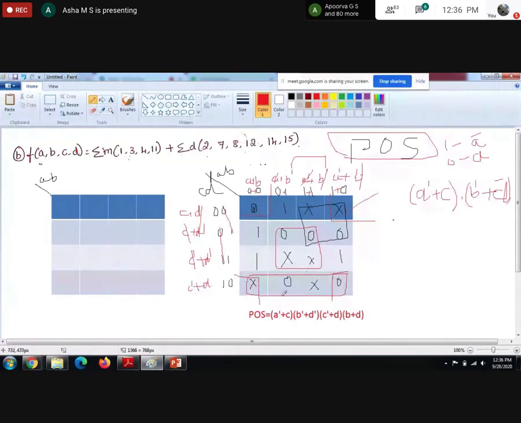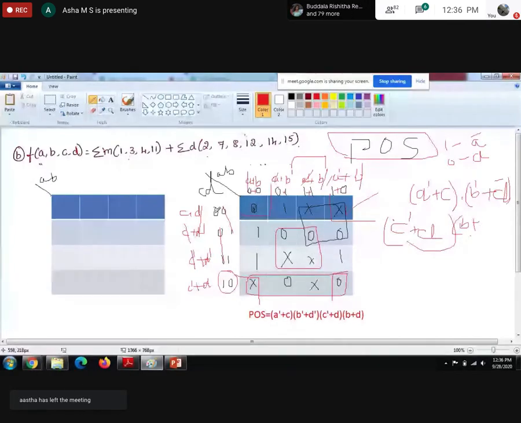D bar, into. Okay, I'm checking this. So when it is like this, all the 4 terms will get cancelled. I am left with this. So what is that? C bar plus D, into, the last one. In the last one, A bar will get cancelled, left with B plus, here C bar will get cancelled, left with D.